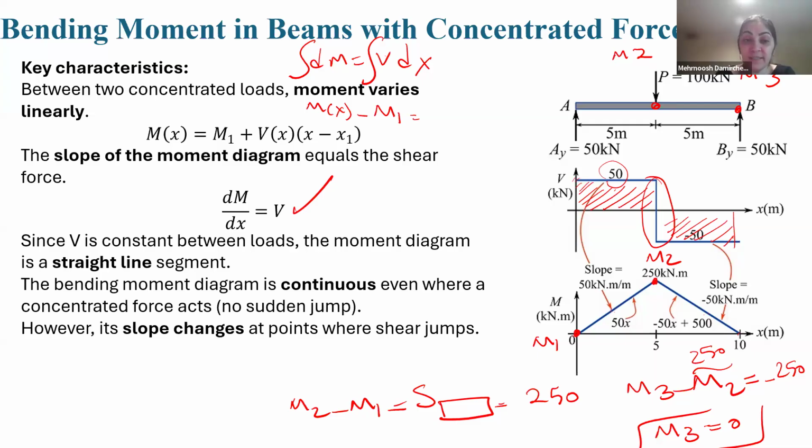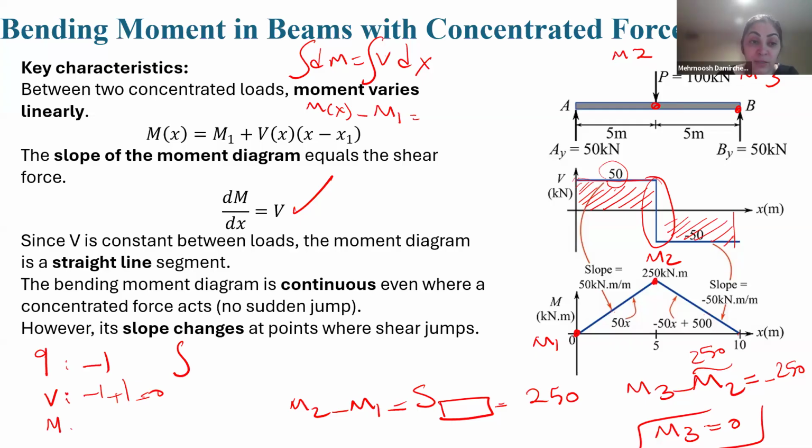Another shortcut and trick that I want to teach you here: when we have an external load as a concentrated load, the order of Q we considered minus 1. If you remember, V is the integral of Q, so the order of V is 1 more according to the integral rule. Minus 1 plus 1 is 0. What is 0 order? It means exactly constant, not changing, horizontal, a step function.